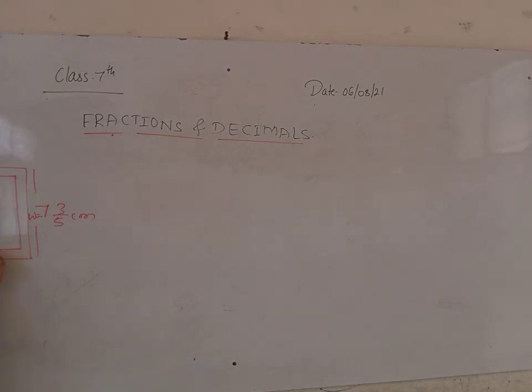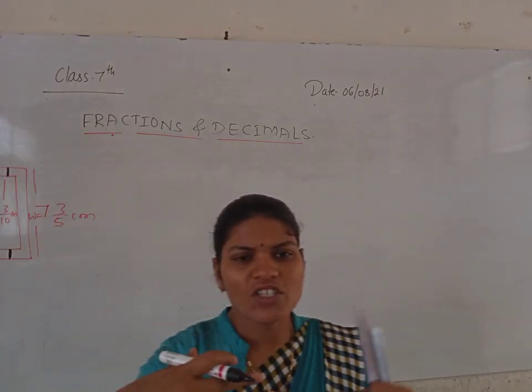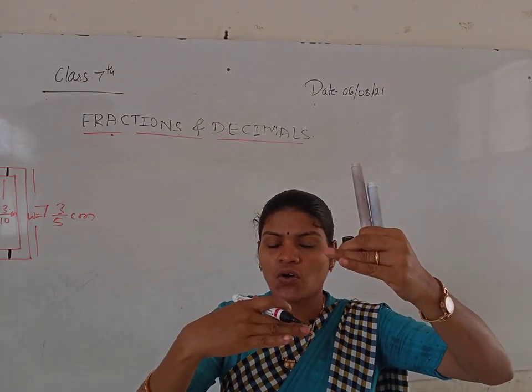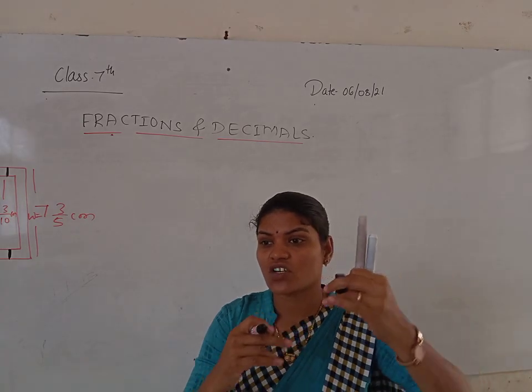This is the frame here. How much width do we want? Just 7 3/10 centimeter of width we want. So this much of the picture we want to cut. Yes or no? How much do we have to trim? This black color I am showing, this much width we want to trim here. So in the total length, how much size do you want? If you subtract, you will get how much you want to trim.